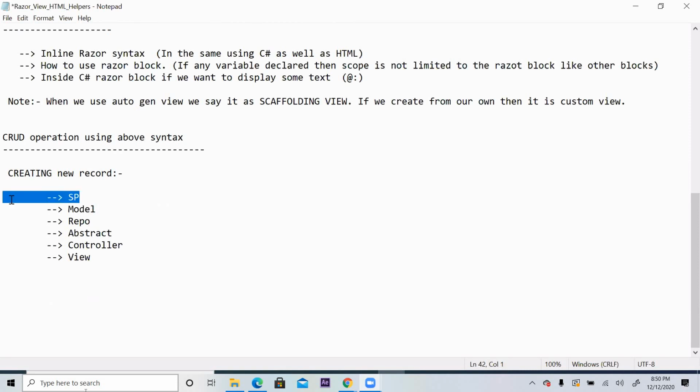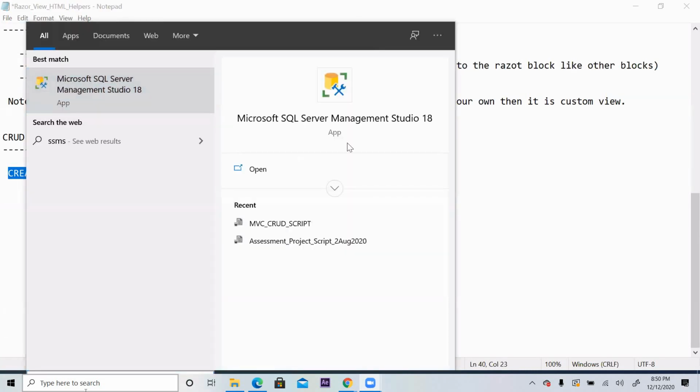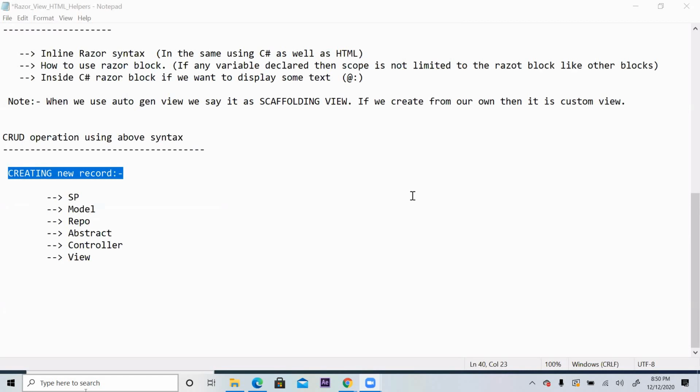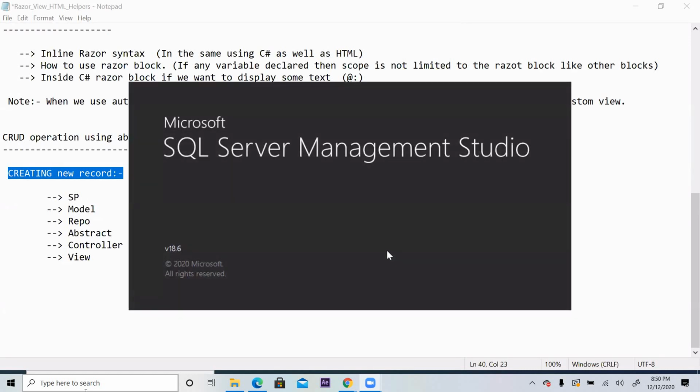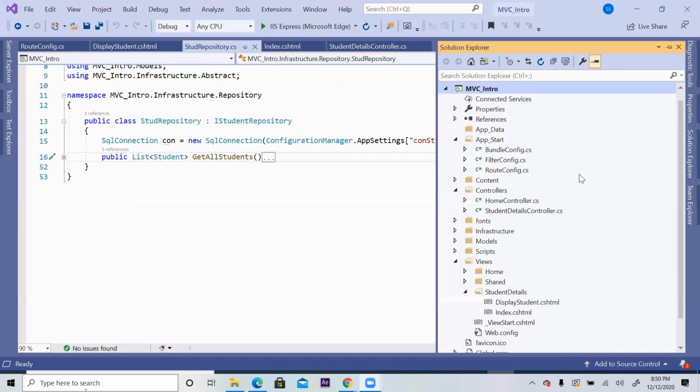So let's go to the stored procedure because we want an insert operation. Open database. So let me remind you what our model is this time while the database is opening.